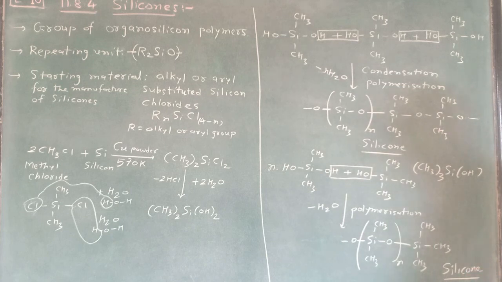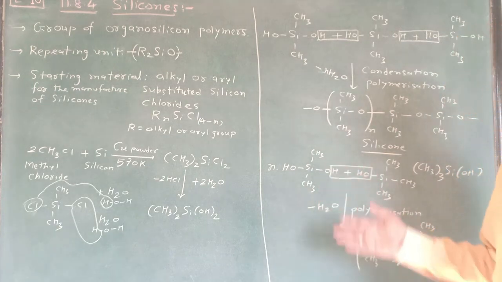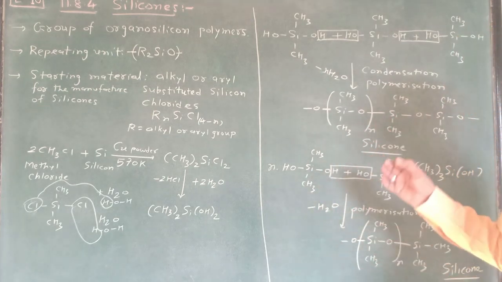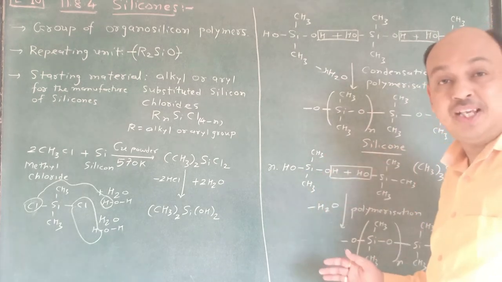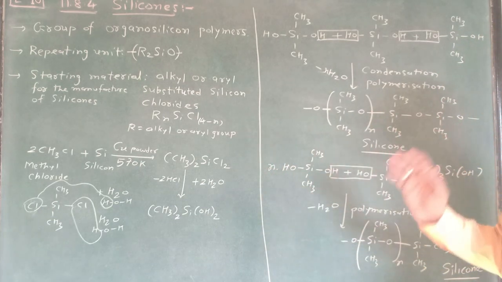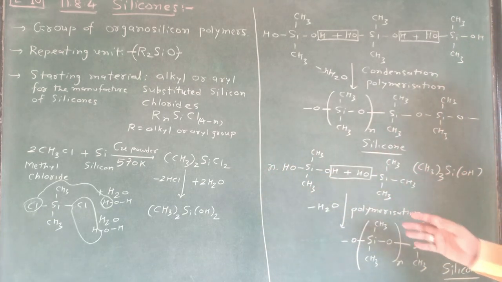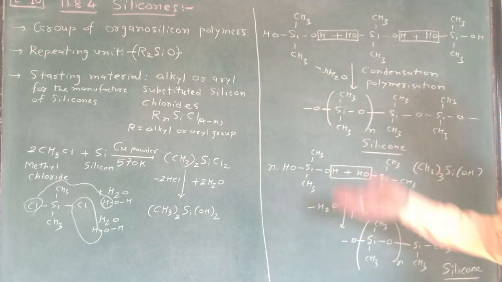Remember. Is it clear? This is a very easy reaction. You have to write it 5 times because this question is asked many times in board examinations. So you have to write it completely. Okay? No option for you. You have to remember this reaction and you have to remember the covalency or valency of silicon. So this is all about silicones.